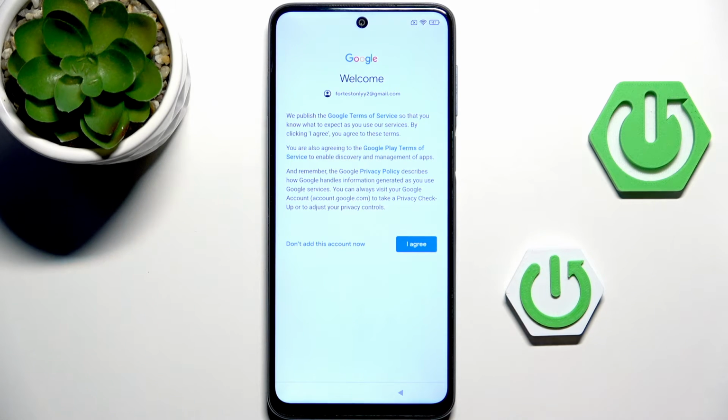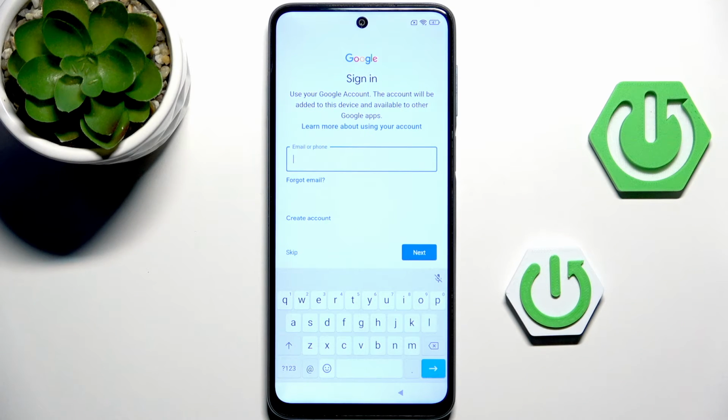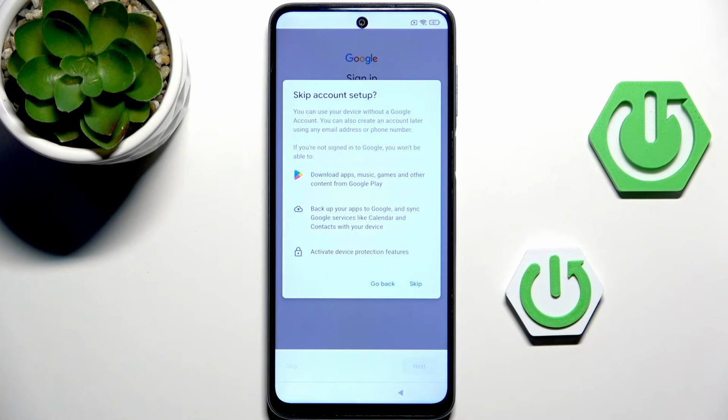So, you can go back, or you can simply go with don't add this account now, and simply add another account. Many people have different Google accounts, let's be honest here, but if you do not have it, and if you only have one Google account, well, you can always skip this, technically speaking, but you still might encounter some troubles. So, we could potentially skip the Google part itself, by simply pressing skip, or alternatively, we can go all